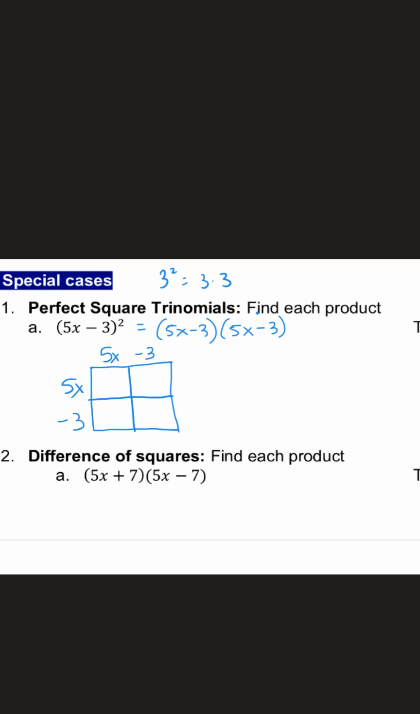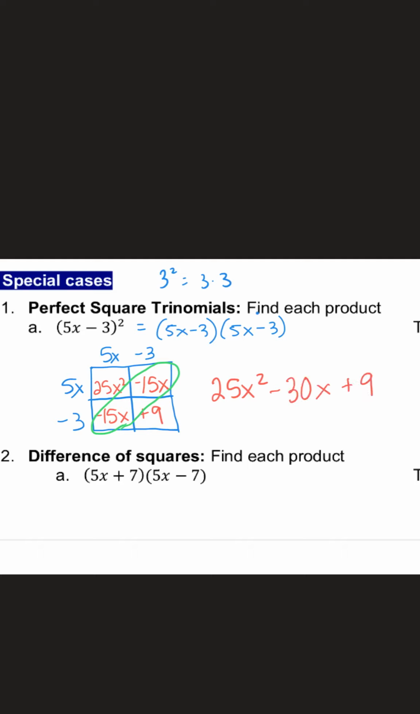So 5 times 5, that gives me 25. x times x is x squared. Now 5x times negative 3 is negative 15. Keep the x. On the bottom here we have another negative 15. Keep the x. And negative 3 times negative 3 is positive 9. Now just like before, our diagonals are like terms and we're going to combine them. So we end up with 25x squared minus 30x